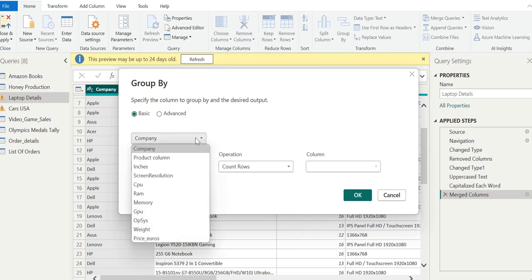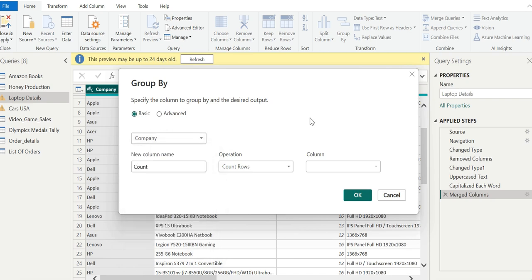Similarly, you can perform many other operations on different columns. Here we want to group on the company name, but it may be memory, GPU, or any of the columns of the Laptop Details table.